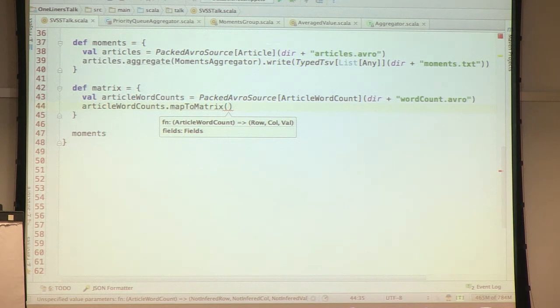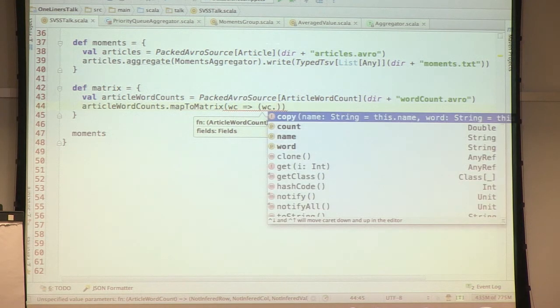They don't have to be indices. We can actually use strings and whatever we want, because it's a sparse matrix representation. It's just these tuples of row, column, and value. Since it's a sparse matrix, there are a lot of neat ways to make it very nicely parallelizable between a lot of machines. So let's just do it. We have this word count, and we need to get word count dot.